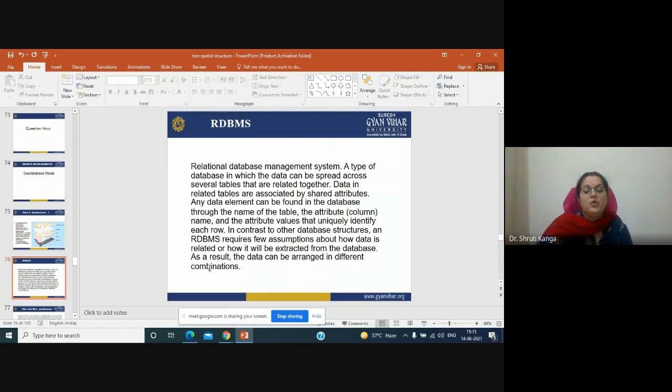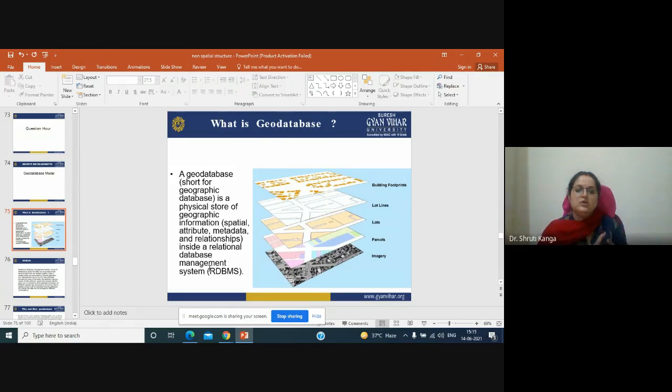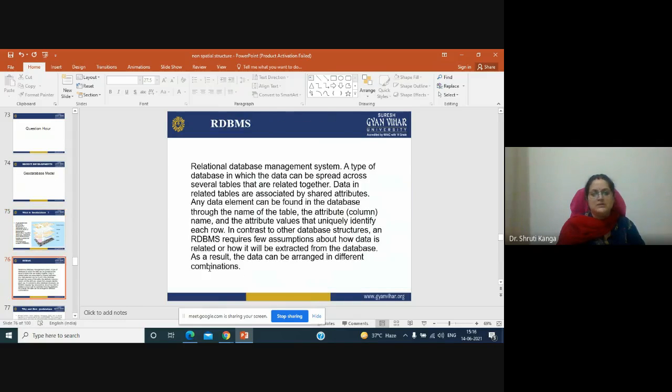Now what is RDBMS? A geodatabase is clear. It is a geographic system where we physically store graphical information, which includes spatial, non-spatial, metadata, and relationships inside a relational database management system, RDBMS.